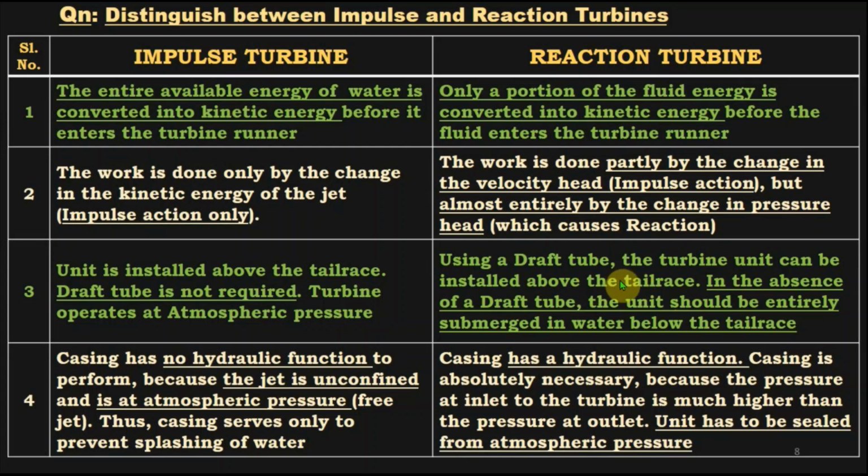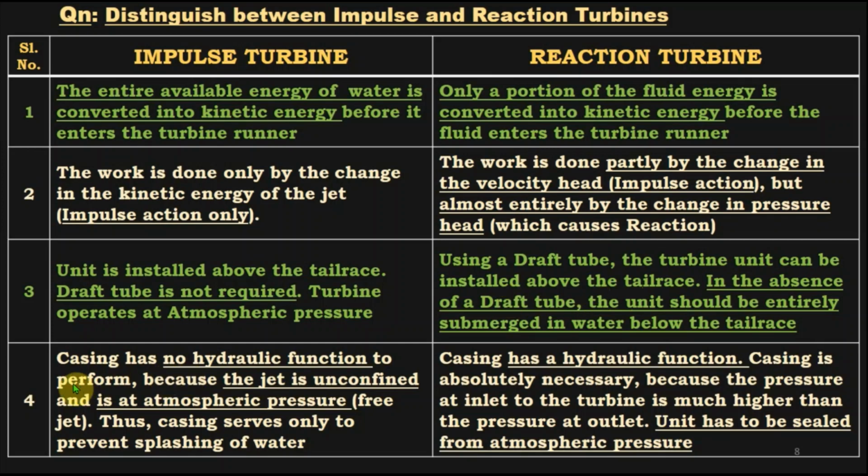And in addition to that, if a draft tube is used, then that will increase the net pressure head on which the turbine works. The draft tube converts some portion of the kinetic energy of water leaving the turbine exit into useful pressure head before it is discharged. Otherwise that kinetic energy would have been wasted. We will consider those functions later.